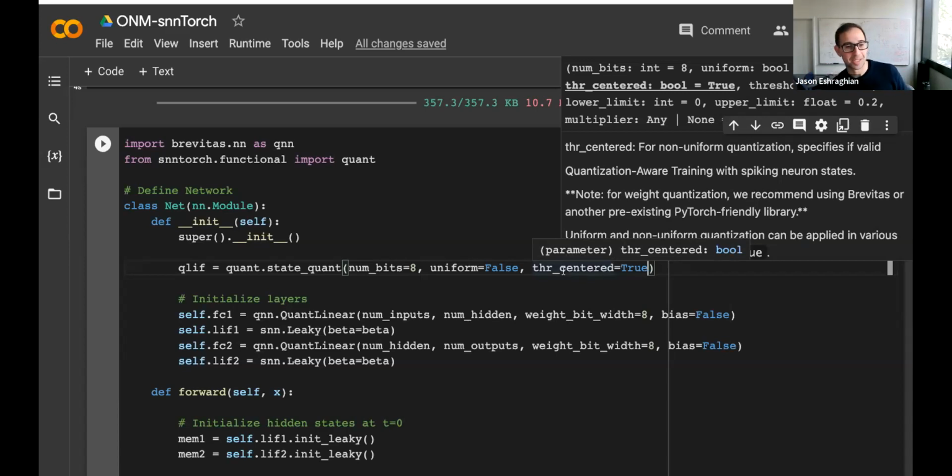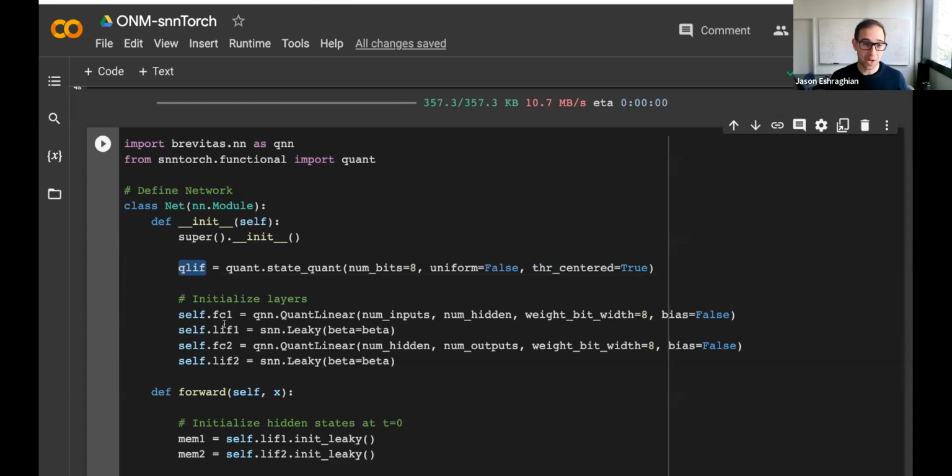I don't know what works best. I am still figuring it out. I haven't experimented with this feature much, but I think it's pretty neat. And so we take QLIF. I have an undergrad student that's doing some cool stuff, and he's actually found that setting the floor of your quantization parameter to be 0 works a lot better than setting it to negative threshold. So that kind of indicates that inhibition doesn't matter too much when we use backprop.